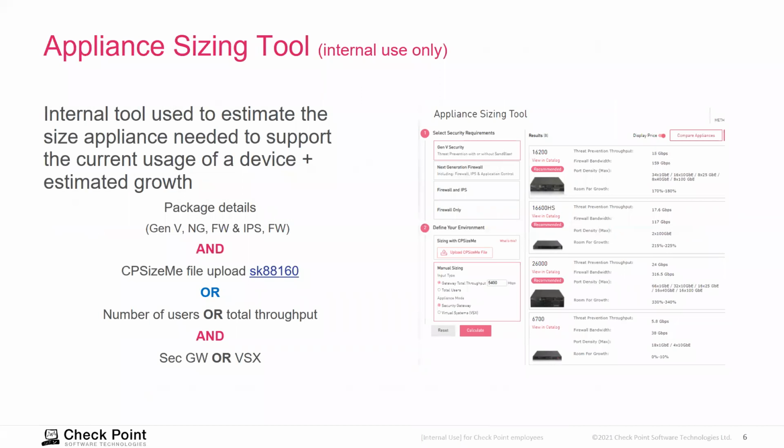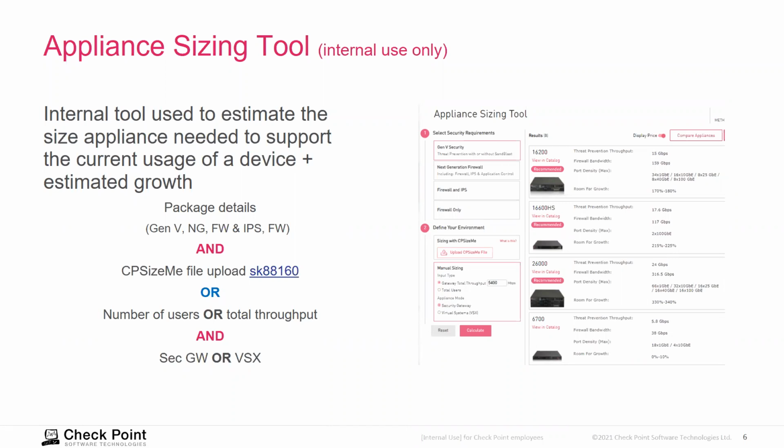And then the next thing we take a look at, or I took a look at anyway, is the appliance sizing tool. And if you've done any scaling with your SE, they probably asked you for 1 or 2 specific numbers. 1, your total throughput, and or the total number of users. And this is why, because we have an internal sizing tool